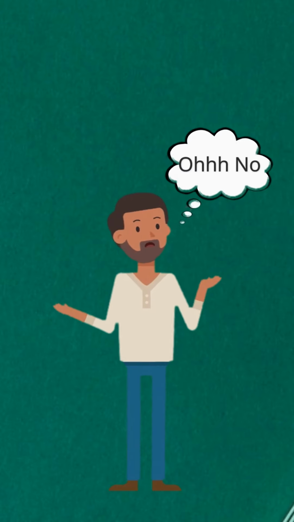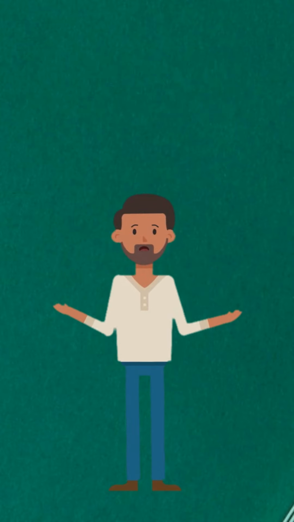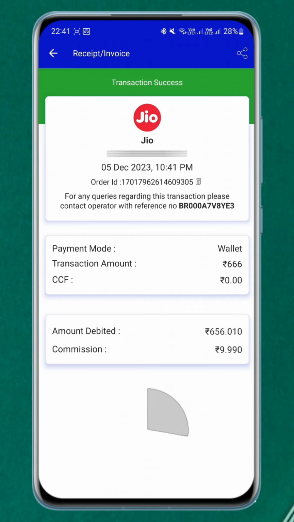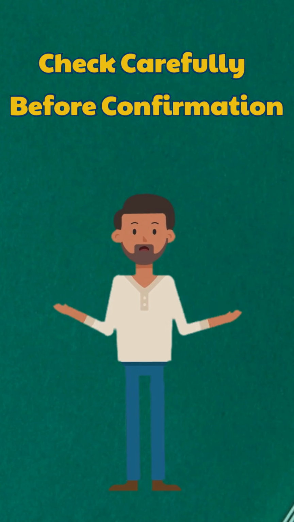You can't cancel a recharge once you initiate a request on EG Payment. If you make a recharge of an incorrect number or wrong plan and it is successful on that number, the recharge can't be cancelled from the operator end. We request you to check the details of your recharge before confirming it.